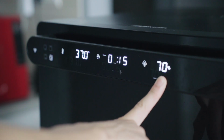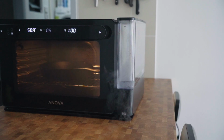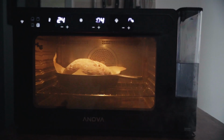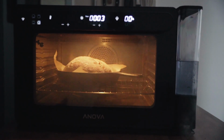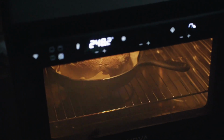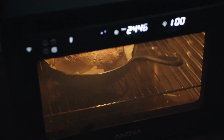The other novel feature with the Anova Precision Oven is the humidity control setup. Now, this allows you to create a humid environment to minimize water loss or even steam foods. Now, higher humidity also speeds up the rate of heat transfer within the oven itself, mainly because there's just more particle density within the cooking environment itself. Now, for those of you who bake breads, this also helps with oven spring and the rise in breads in